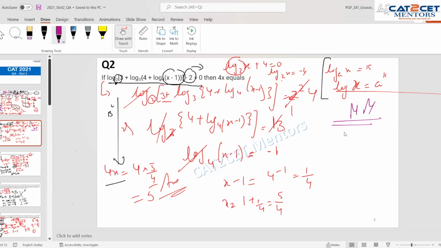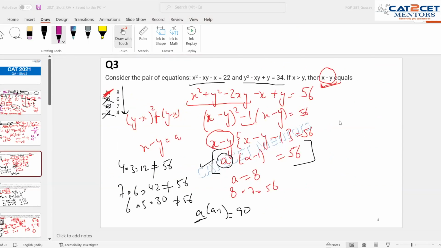So this was again round 1. In this type of question, if you are familiar with logs, this was round 1. And if you are not familiar with logs, then I don't think you could do this question. But I highly suggest that you should study logs.